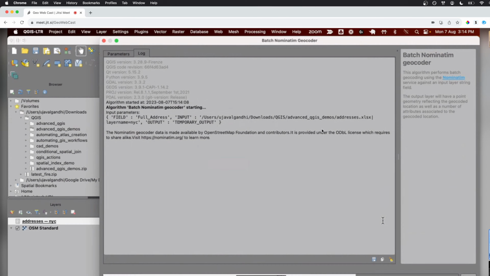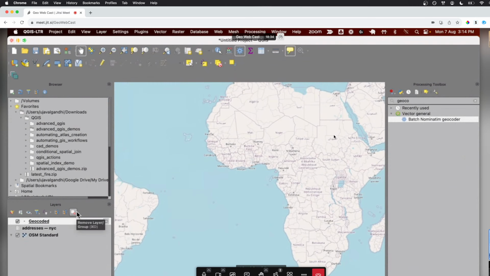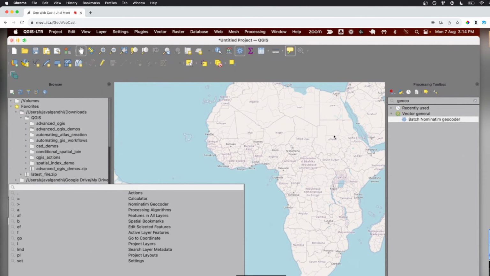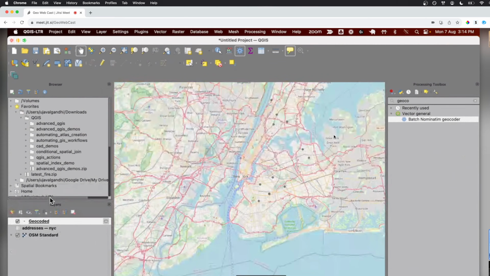You also have this locator bar at the bottom of QGIS. I can run any of the tools in the background, and I can keep doing my work. In the locator bar at the bottom of QGIS, I can do geocoding live. I can just say New York City, or just say NYC, and you can see it pulls it up, and I can go to New York City. I see. Okay, I was not aware of this locator bar at the bottom, man.